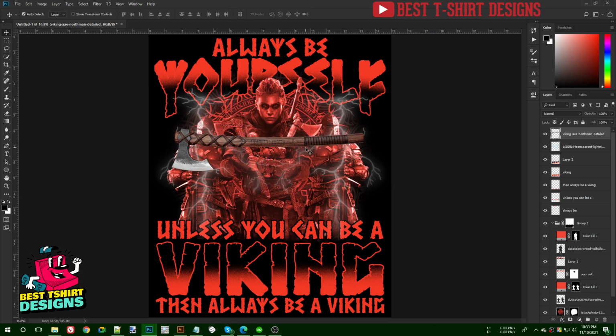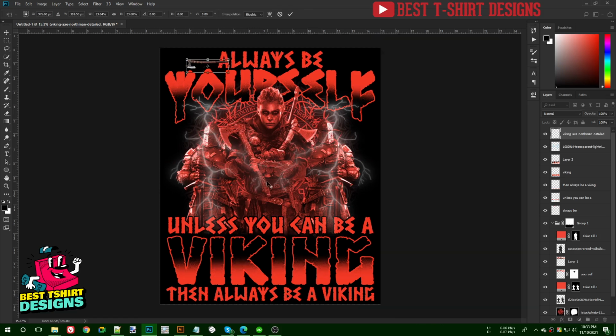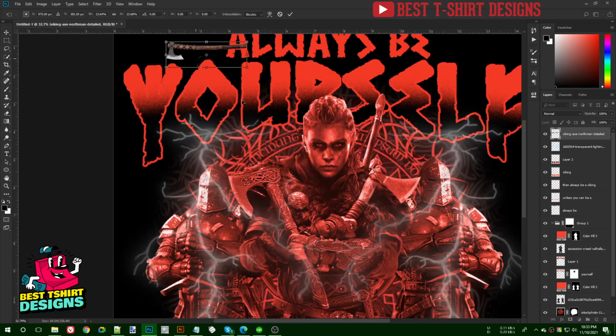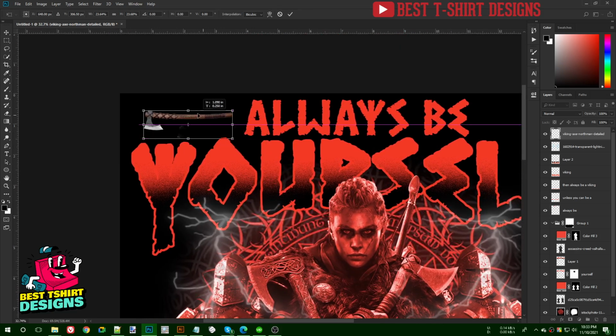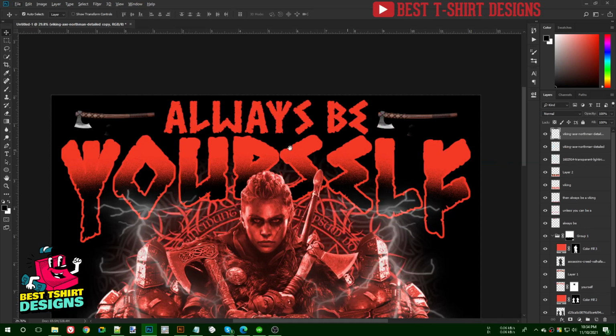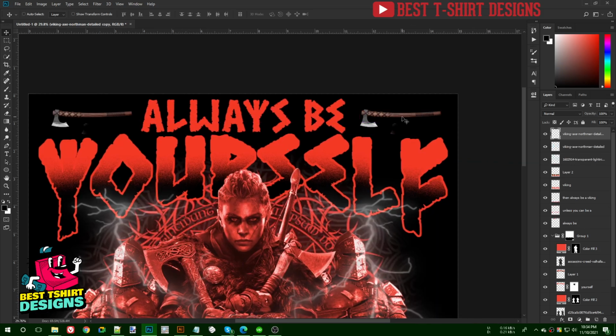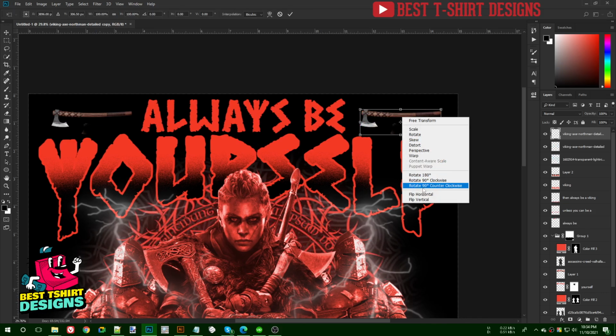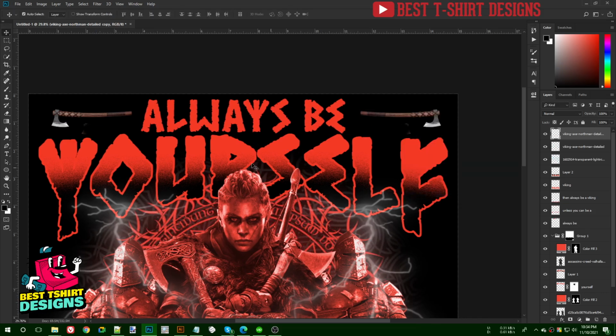For this one here I am just going to press Ctrl T, that is the Transform tool, and make it smaller in size. For this area I'm going to place it here, and that is fine. Let's place it here and then another one here, so that I can just fill that area with something. That is fine.